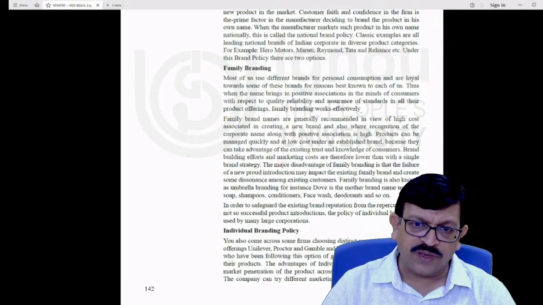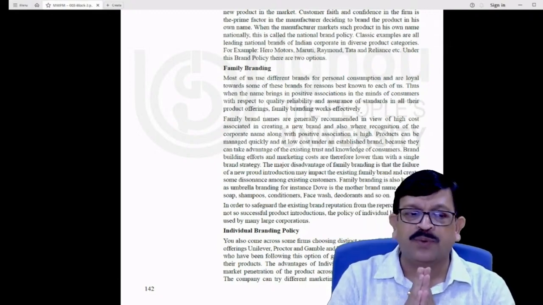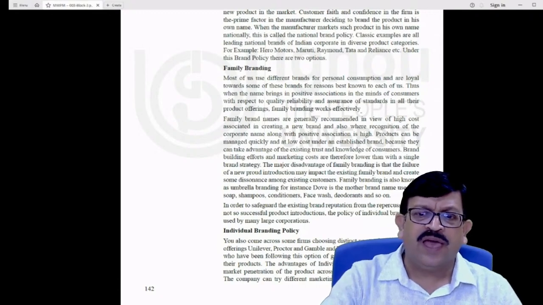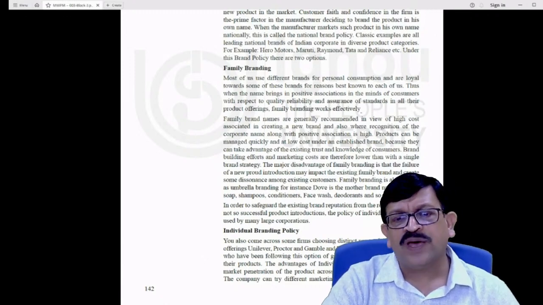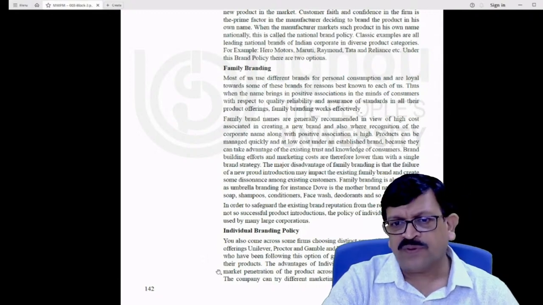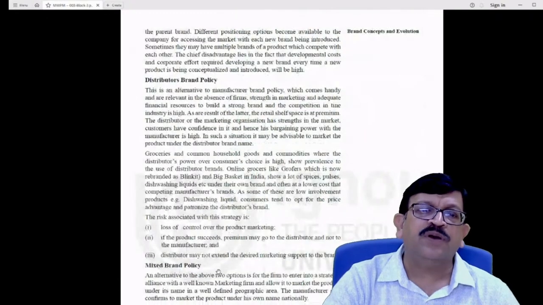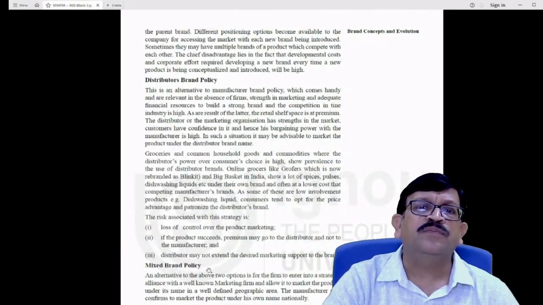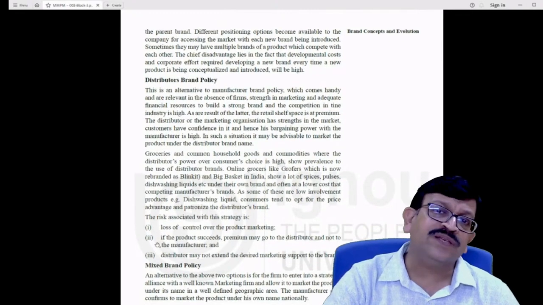Individual branding policy is basically another policy where you are branding the products or services individually, and you could use it by the functional parameters which are there. It is mostly followed by the FMCG sector performers in the marketplace, like Unilever, Procter & Gamble, Dabur, ITC, where they come across with an individual product name to propagate them.